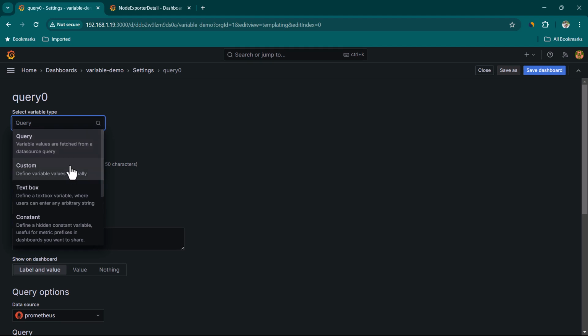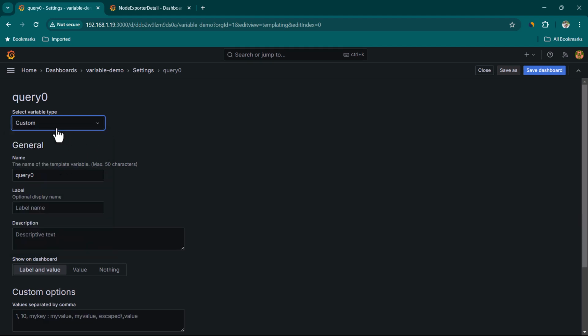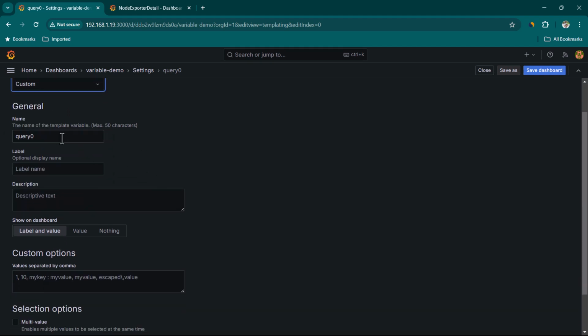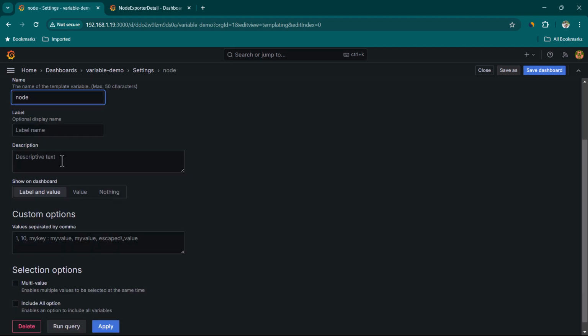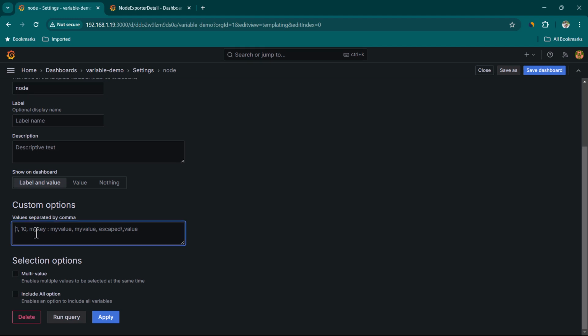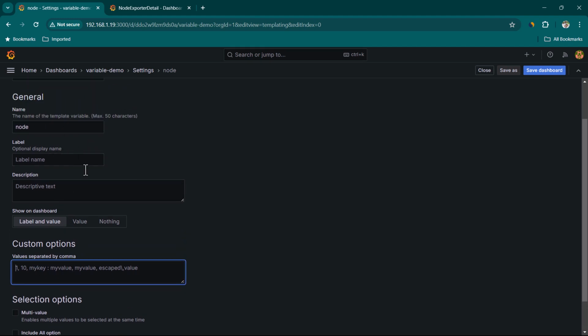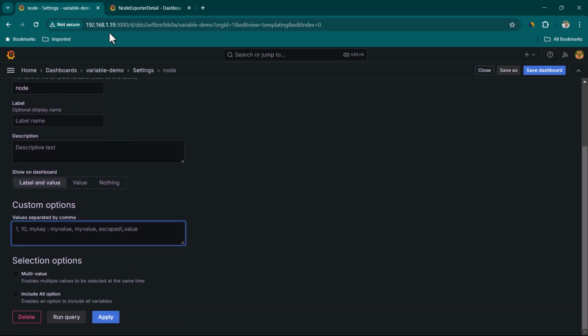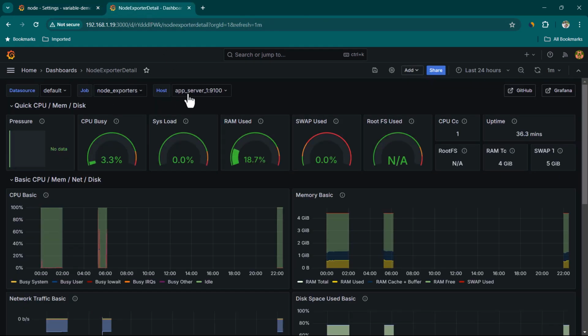So first of all, let's see the custom one. We are going to select custom in the variable type. Here you need to tell what the name of the variable is going to be. Now, we have a variable called node, so let's give it the name node. For now we are just going to give some values here. We know we have 3 servers and we also know what they are called. So I'm just going to check here. You can see our servers are called